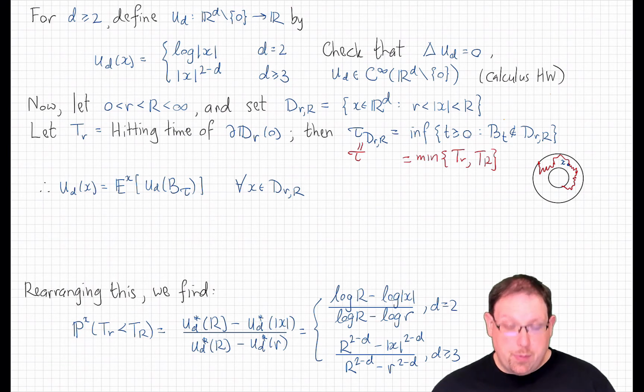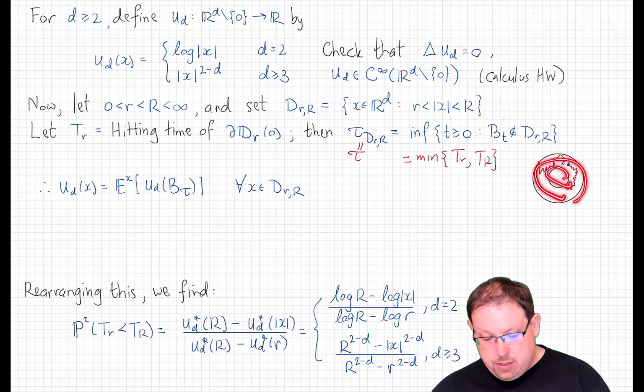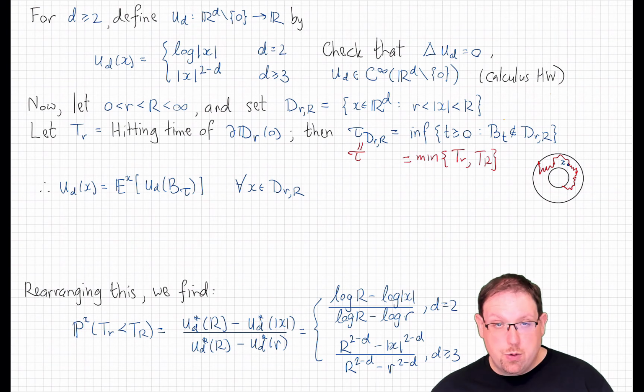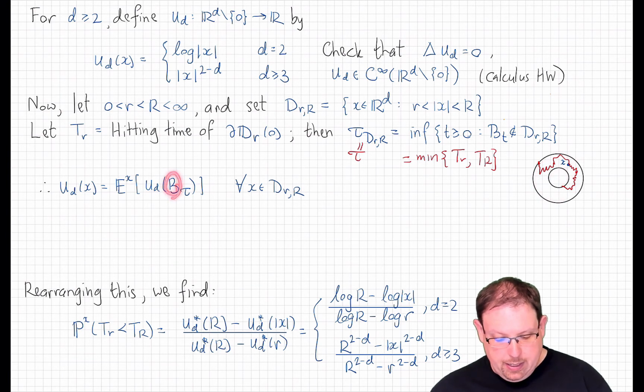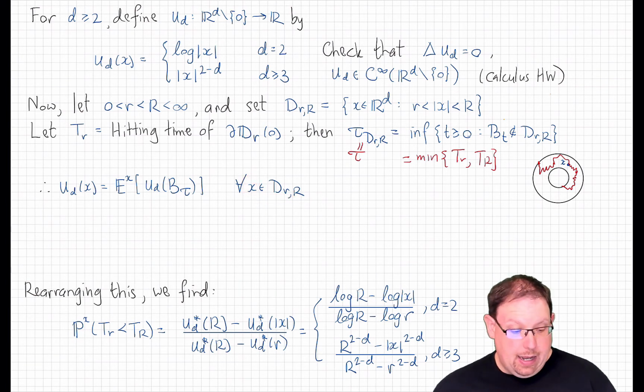And so from what we proved throughout this lecture so far, that means that these functions here, which are continuous on this closed spherical annulus, they are smooth everywhere except for 0, which is excluded, that function must be given by this path integral. It's the expected value of Brownian motion started in state x of this function, now thought of just on the boundary, of the Brownian motion at the exit time. That's true for any x in the interior of that annular region. Great. How does that help us?